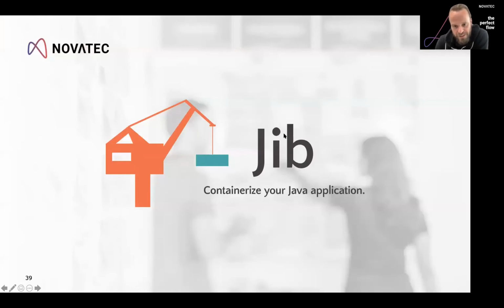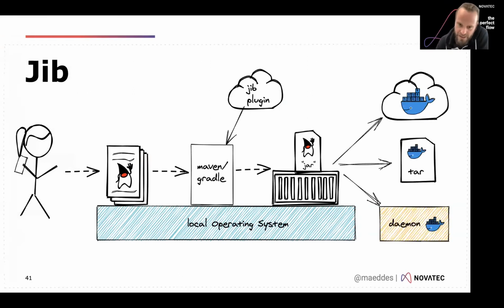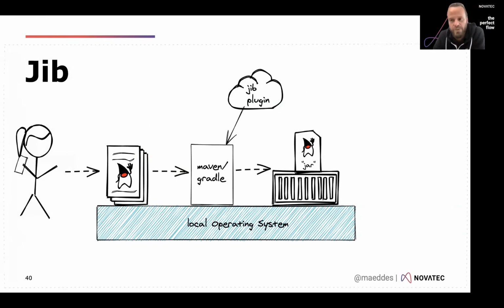to build, let's label it, containerize your Java application. And the way this is being done is pretty straightforward. You have your Java code, and as a requirement, you need to build with Maven or Gradle. And then it's simply a plugin to build your container image. The interesting thing that you can see in the picture is actually the thing that you cannot see. This step is being done without the usage of a Docker daemon. It really doesn't need a local daemon to build the container image.